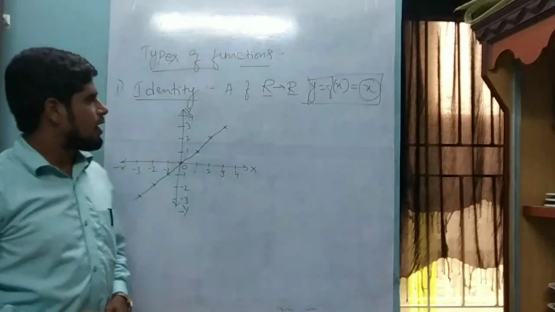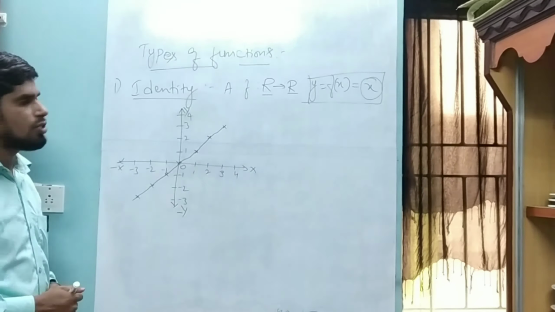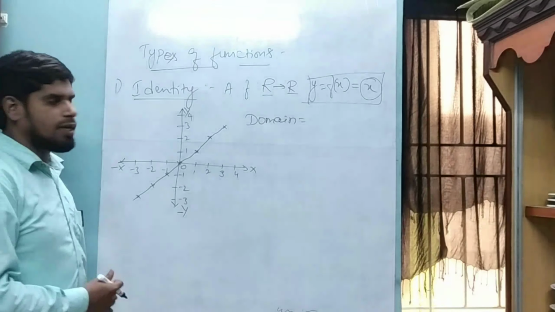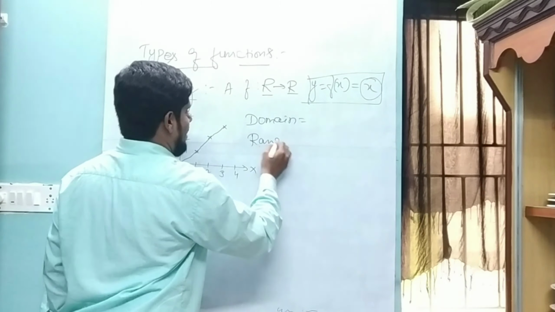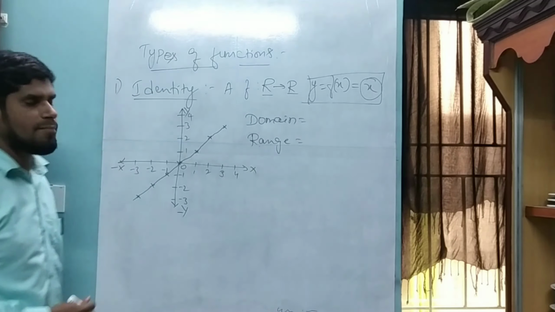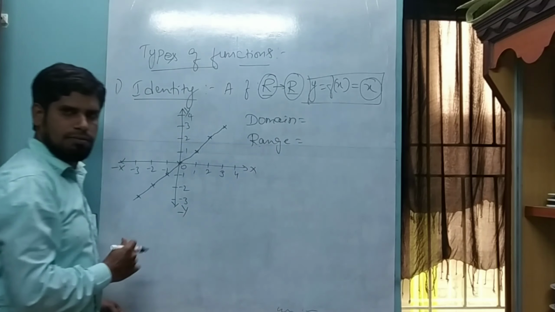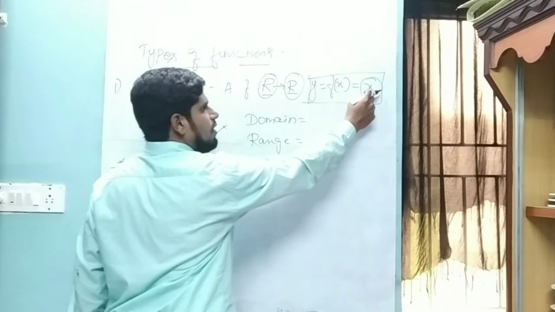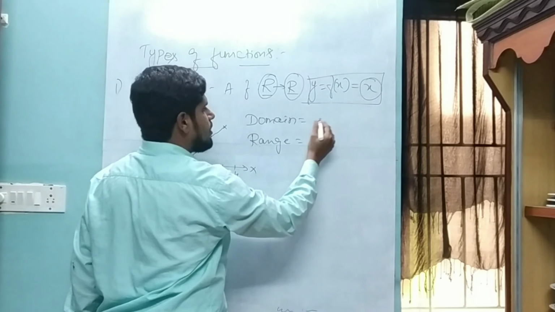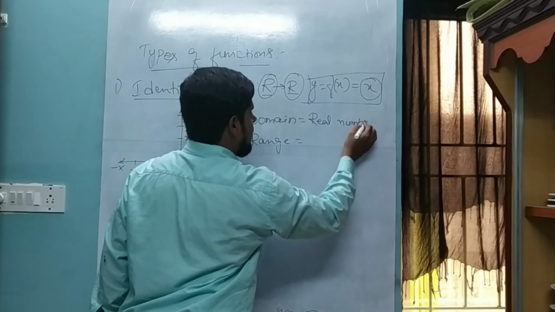If this is the graph, then let us see what is the domain and range of this function. Here the domain, as we know, is the input whatever we are giving, and the range is always whatever output we are getting. See, the input I defined is real numbers to real numbers. Both the sets are real numbers here. So whatever values I want, I can give to x because it is independent. So here the domain is real numbers.